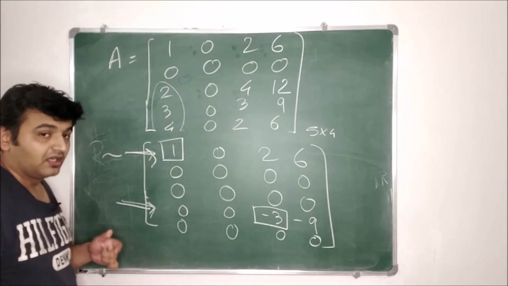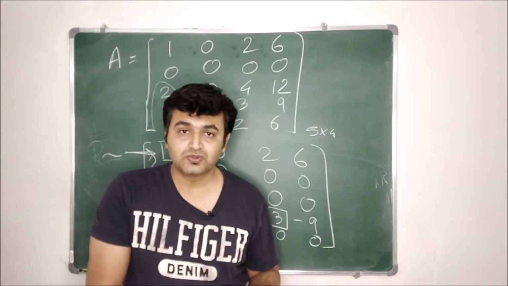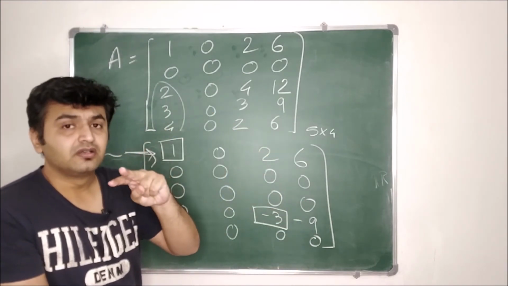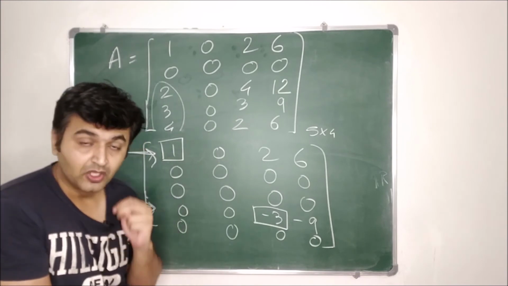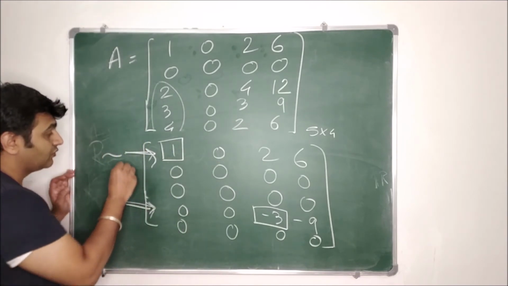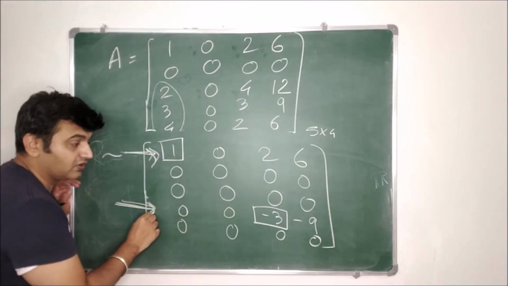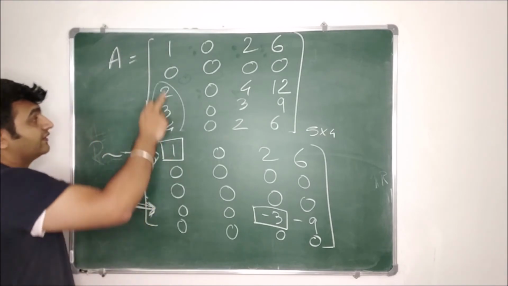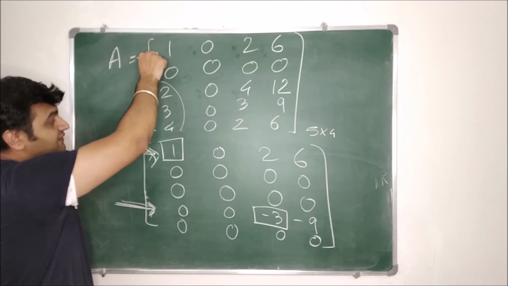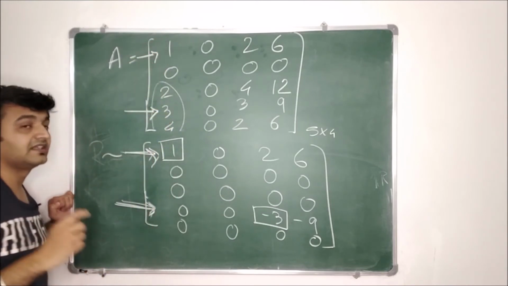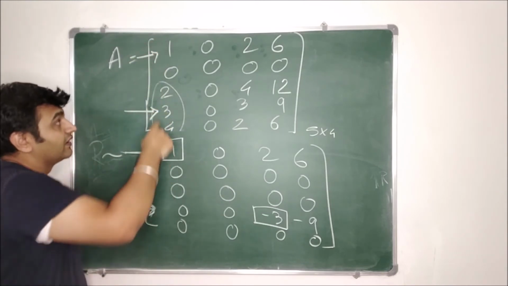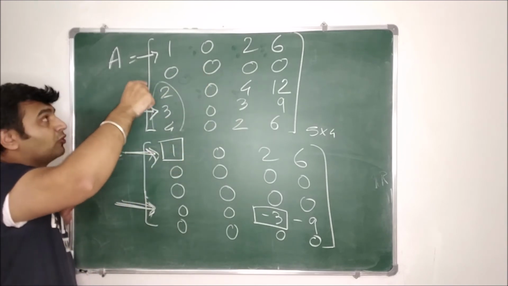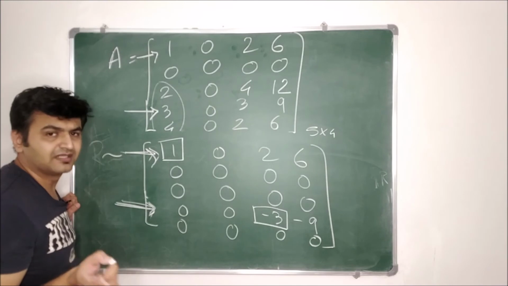Now the question is, since the row rank and the column rank is 2, that means what? In this matrix, only 2 rows are independent. Now the question is, which are those 2 rows? So you see, which rows are coming out to be non-zero? As you can see, the first and the fourth row are coming out to be non-zero. Therefore in this matrix, this vector and this vector are linearly independent vectors. The rest, the second row, third row and the fifth row, can be obtained from 1 and 4 by some combination.